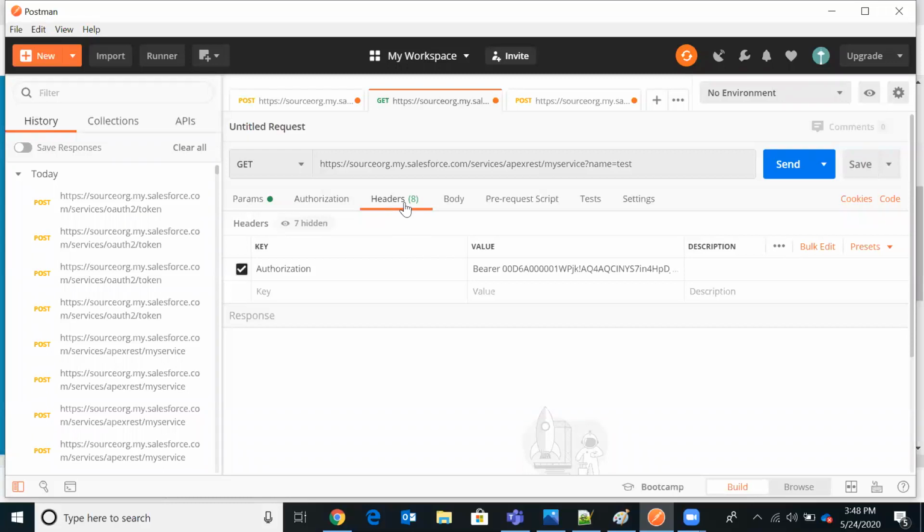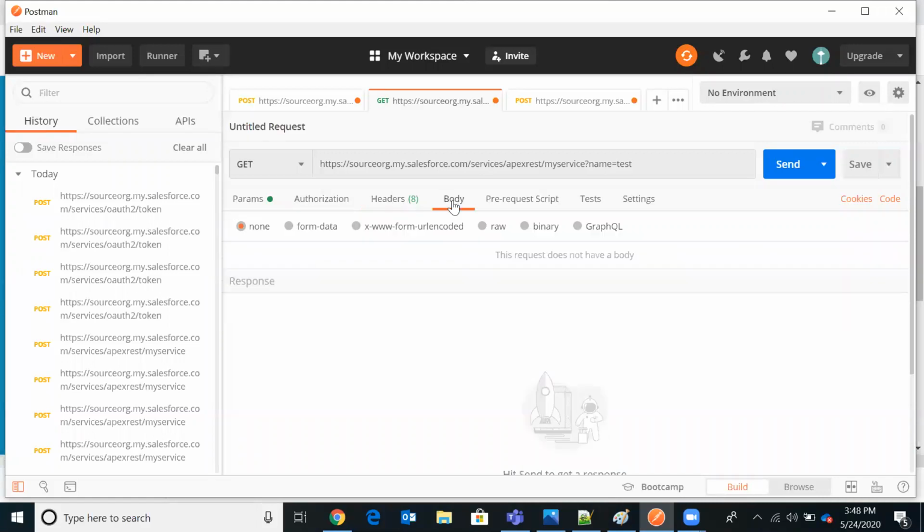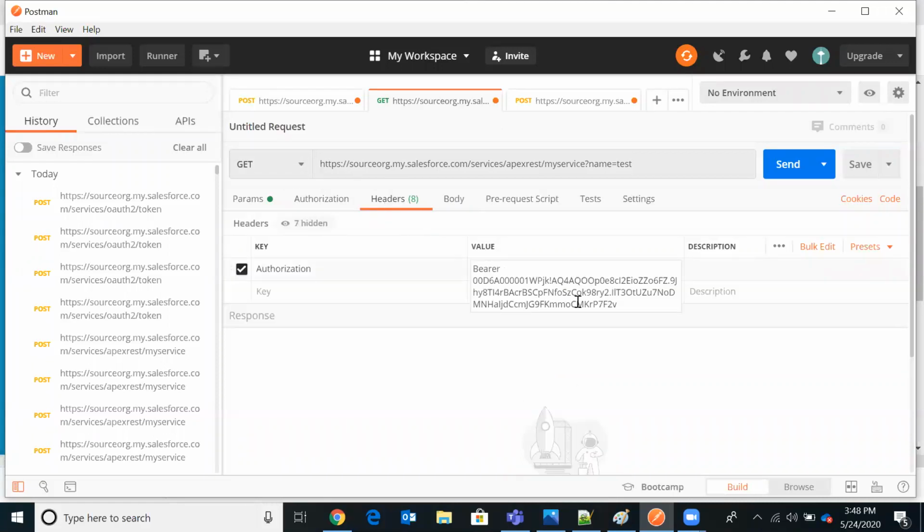In the header, the key should be authorization and the value should be bearer, and then the new access token. And you don't need to pass anything in the body, because this is a get call. We just need to pass your authentication details in the header, and your parameters.